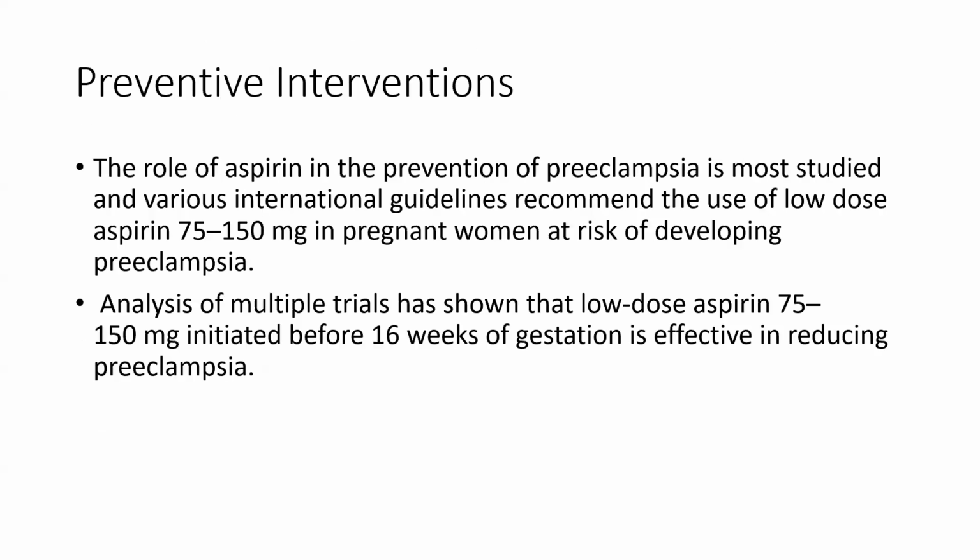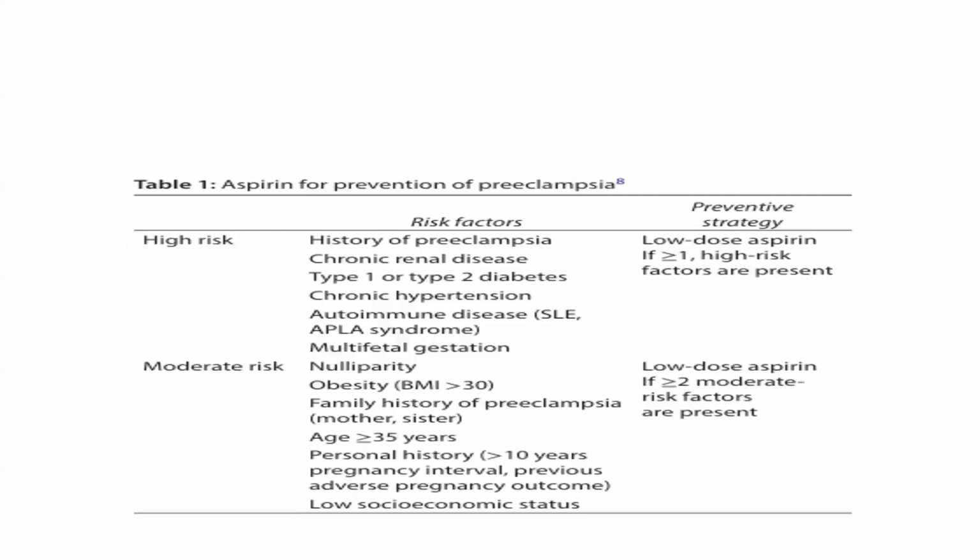Now about preventive intervention. The role of aspirin in the prevention of preeclampsia is most studied, and various international guidelines recommend the use of low-dose aspirin, that is 75 to 150 mg, in pregnant females at risk of developing preeclampsia. Analysis of multiple trials has shown that low-dose aspirin, that is 75 to 150 mg, initiated before 16 weeks of gestation is effective in reducing preeclampsia. Now, aspirin for the prevention of preeclampsia. High risk factors are history of preeclampsia, chronic renal failure, type 1 or type 2 diabetes, chronic hypertension, autoimmune disease,